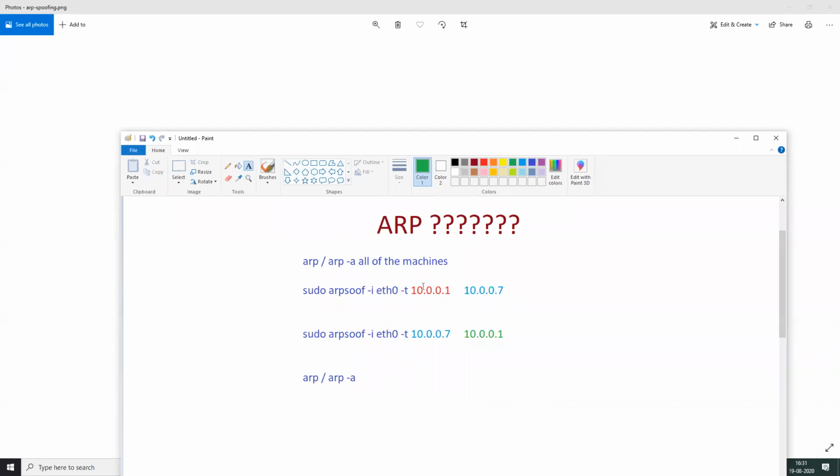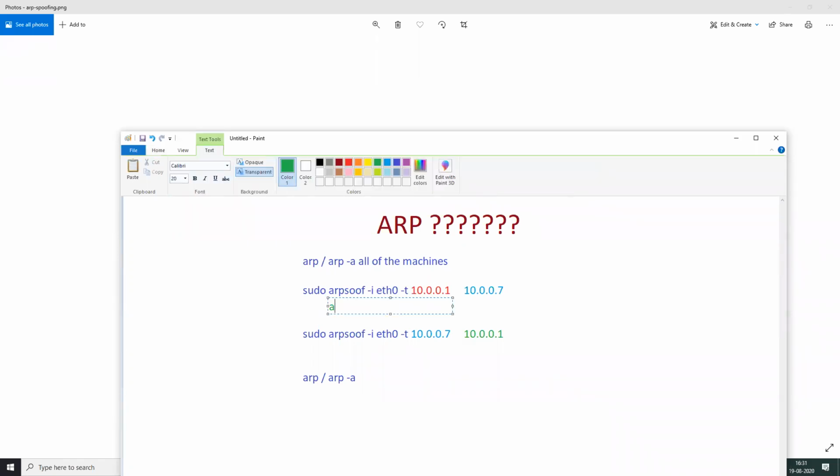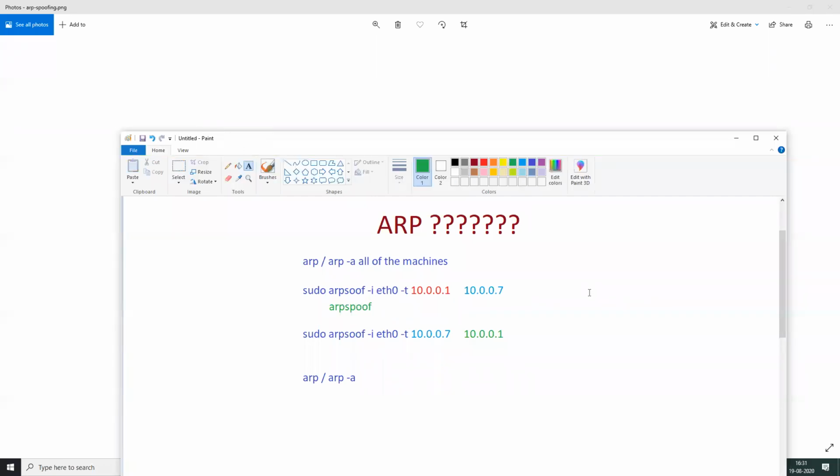So this is one way that you can do. There are other ways as well, using some other tools. You guys can try exploring it by yourself as well, like using BetterCap. You can use some other tool as well. But I have experience with ARP spoof, and it works perfectly fine every time. And the spelling is wrong here. The spelling is ARP spoof. This is the spelling of the tool.